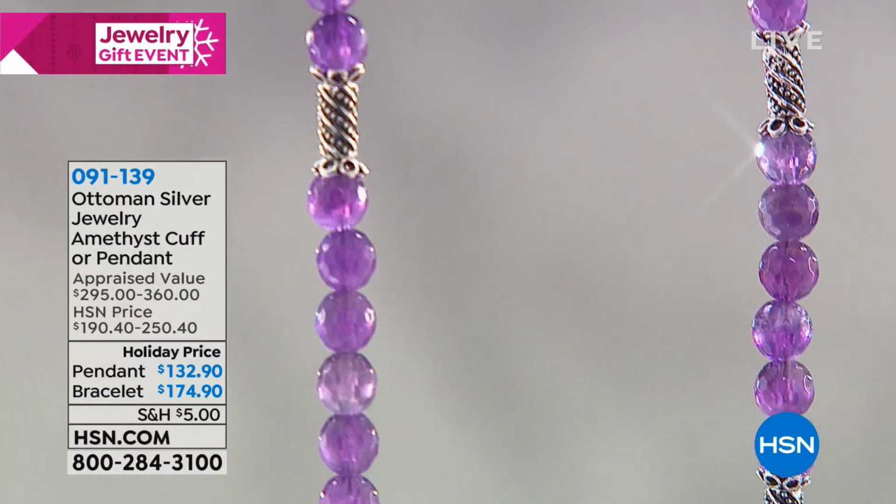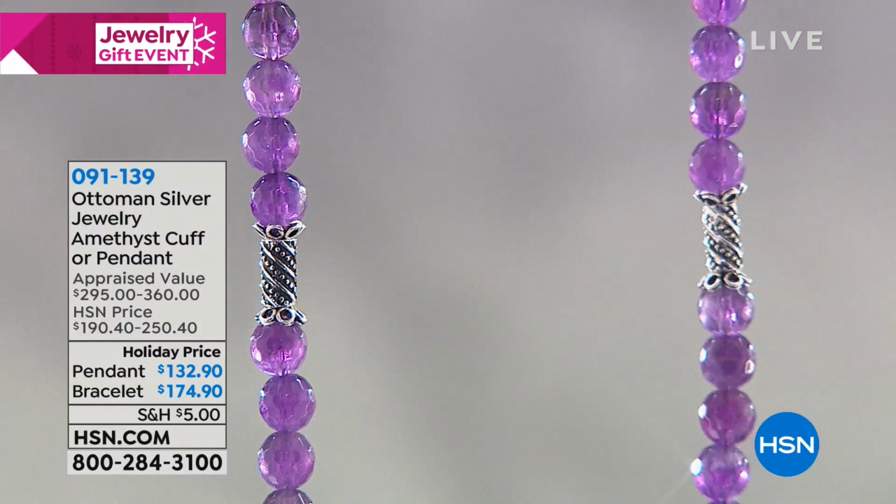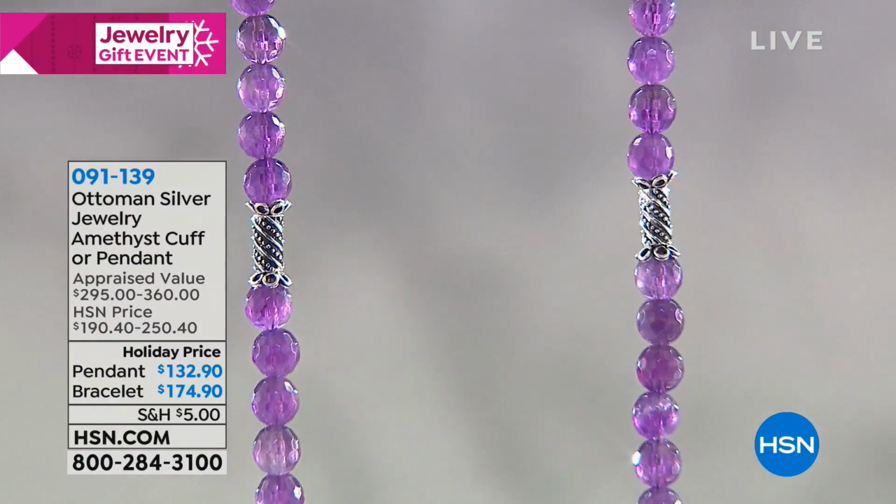because this is Ottoman silver. And Ottoman silver is all handcrafted in Istanbul, Turkey. It is a collection that spans 600 years of time during the Ottoman era, from the 1400s through the early 1900s. And when you see the designs, again, there are many different cultures that influence this beautiful jewelry. The silver work is second to none. There are only silversmiths in Istanbul that are still doing the work that you are going to see